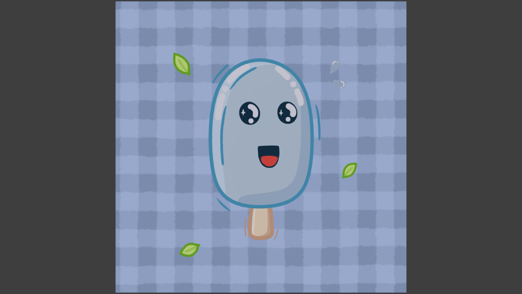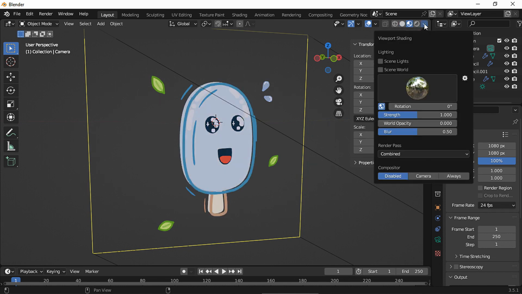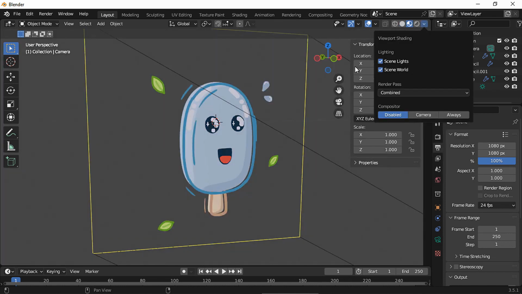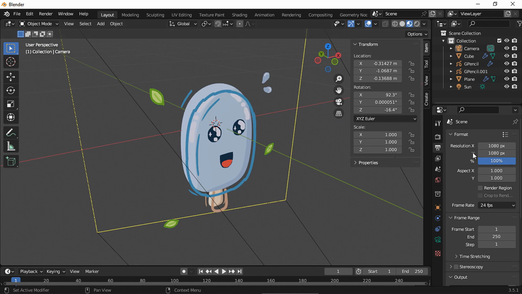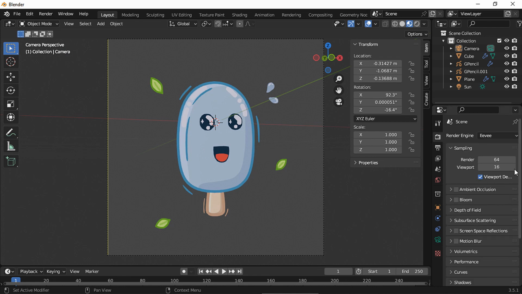Let's begin. Okay, so here I have my 3D model. I will show you how I made this Toon ice cream next week. This is my resolution since I wanted a square image, but the usual 1920 by 1080 will do just fine, or any resolution you choose. We'll be working in camera view mode, so you need to set up your camera. I am in Eevee, but Cycles will do too.